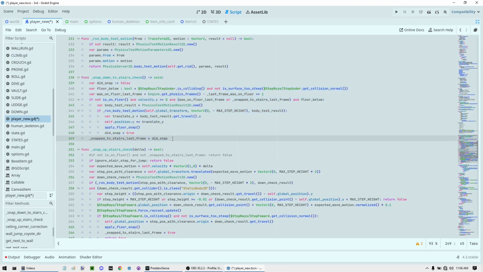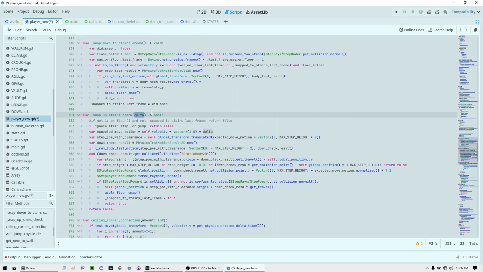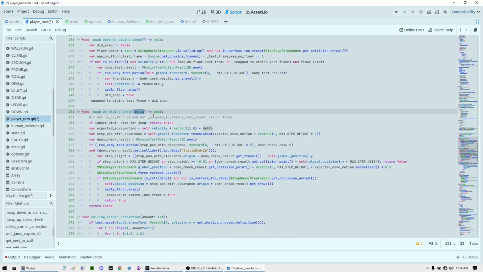Okay, this should now snap you down successfully. But now we have to make the function that snaps us up the stairs when we're walking up the stairs. So we're going to do that right here. Snap upstairs check delta, returns a boolean. So in the original tutorial he has this line here, which is basically going to